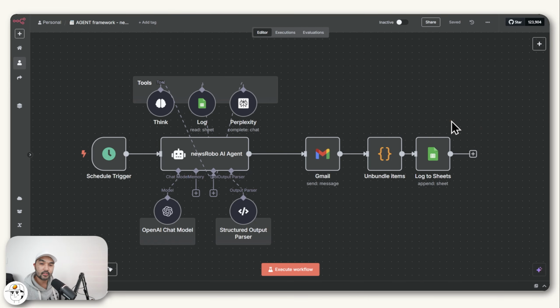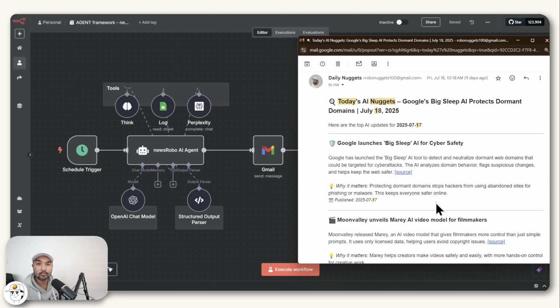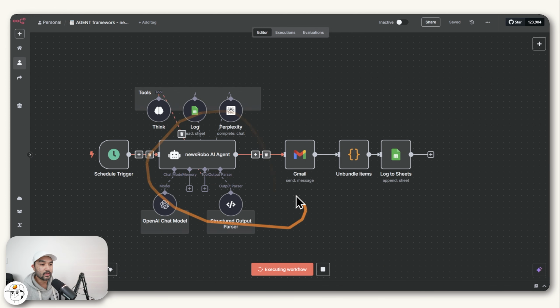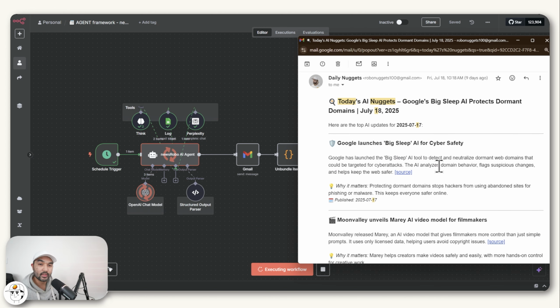This AI agent is one of the simplest and easiest agents that you can set up today, which you can also use daily. Because what it does is create hyper-personalized newsletters for you or your client in the topic that you want, all by researching the entirety of the internet through this new Perplexity node in n8n and giving you a daily or weekly update for breaking news in your field in a custom newsletter like this, formatted in an